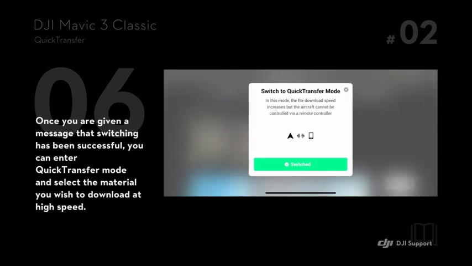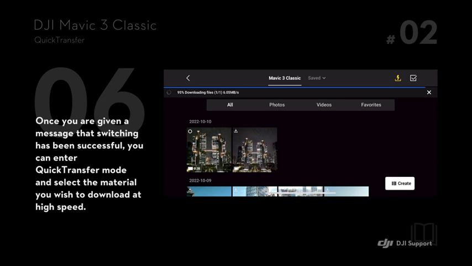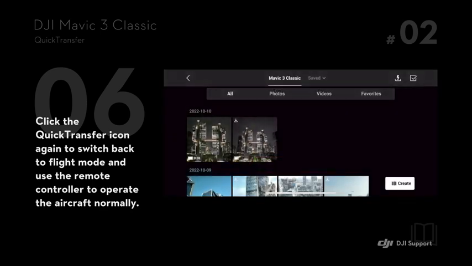Once you are given a message that switching has been successful, you can enter Quick Transfer mode and select the material you wish to download at high speed. Click the Quick Transfer icon again to switch back to flight mode and use the remote controller to operate the